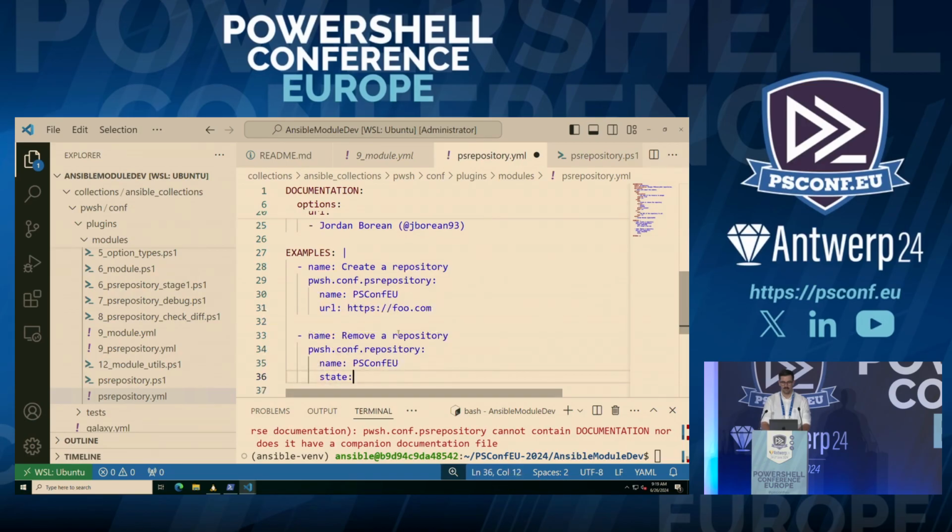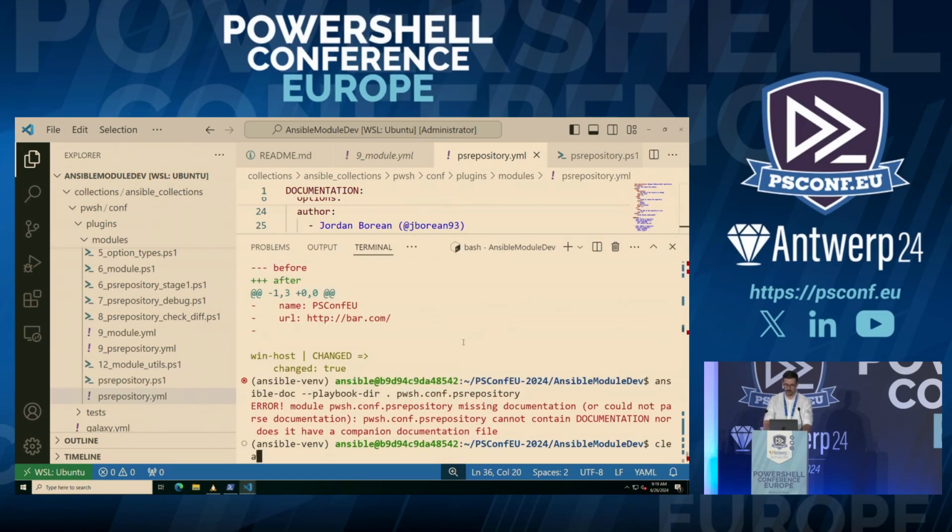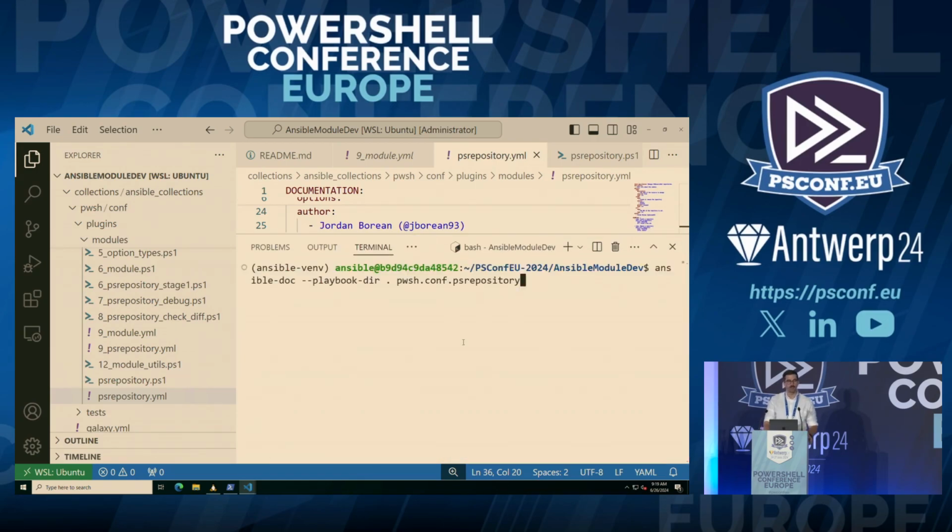ConfEU, then state absent. Depending on your module, you may have more examples. Typically, as you add those options, you add an example that uses that option to tell people how to do it. This is a very, very basic example, so we don't have to go really too in-depth inside that one there. So if I clear the screen and rerun that ansible-doc command,